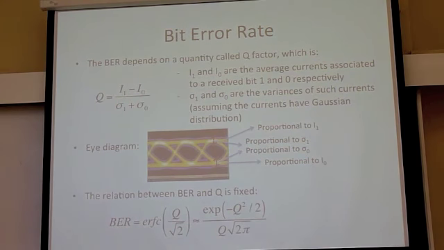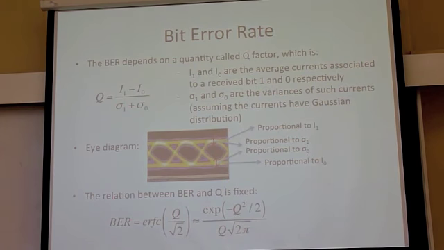I0 is the current you receive where you have no signal, so you are supposed to have a 0. And then sigma 1 and sigma 0 are the variances of this spectrum. This is assuming that we have a Gaussian distribution of the pulse. So, in an optical system,